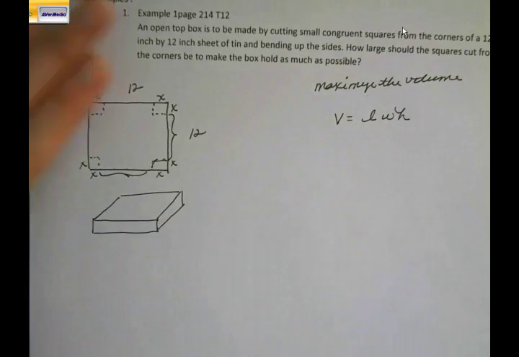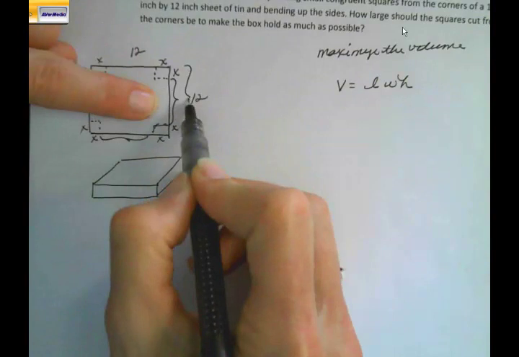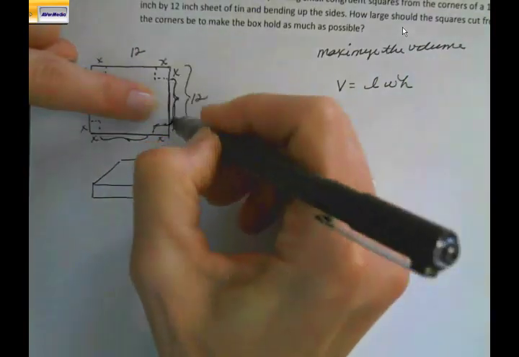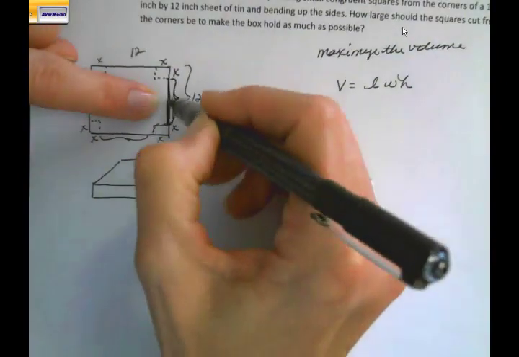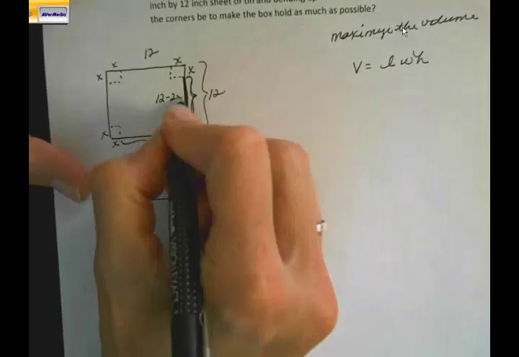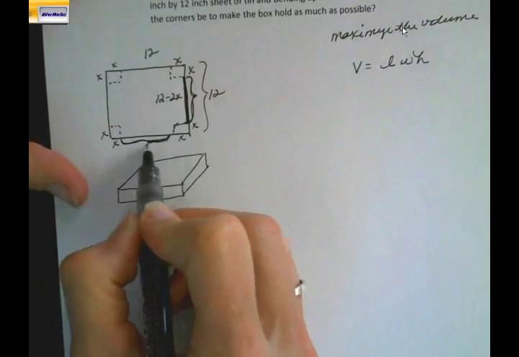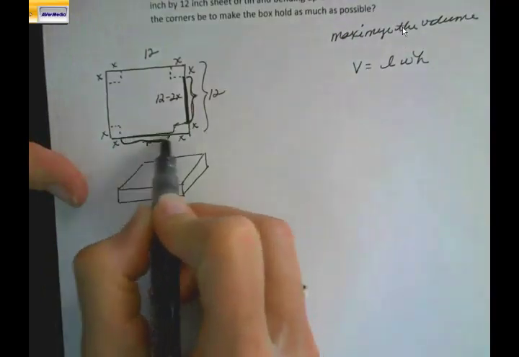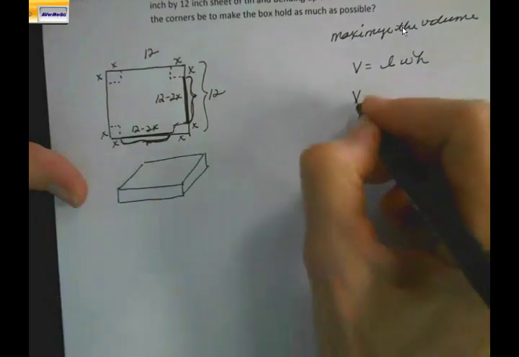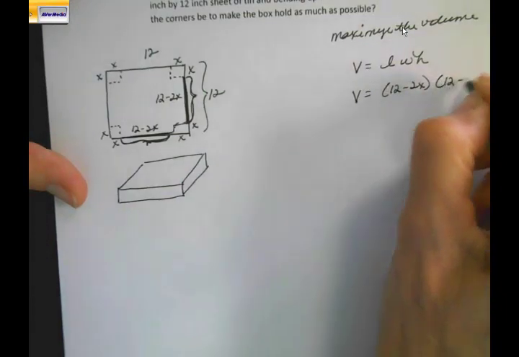So now, if the whole thing is 12, then this region that I've selected, what is its length going to be? There you go, 12 minus 2x. Here's your other region right here. If the whole thing is 12, what is this small length right here? Also 12 minus 2x. So your box has a length of 12 minus 2x, a width of 12 minus 2x,